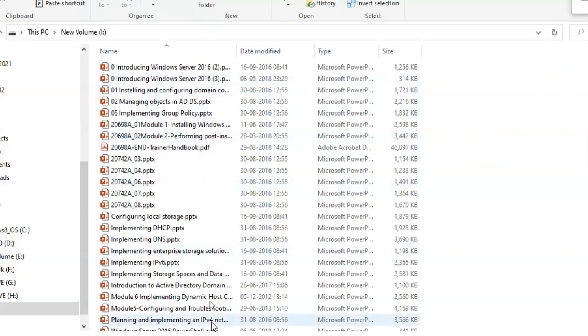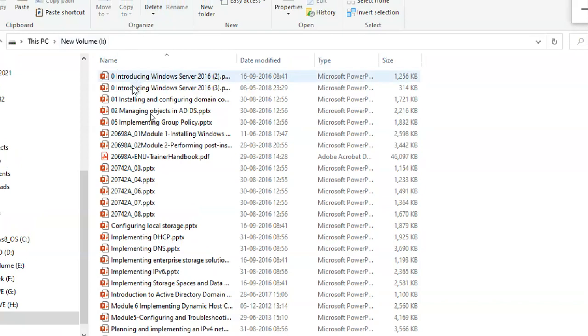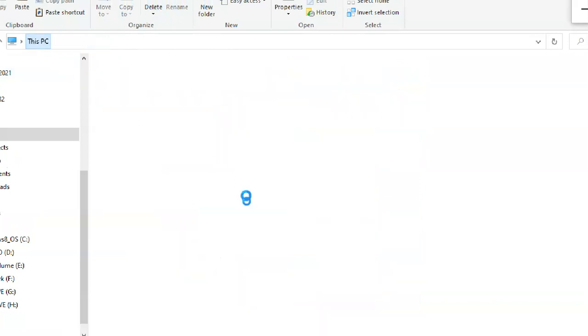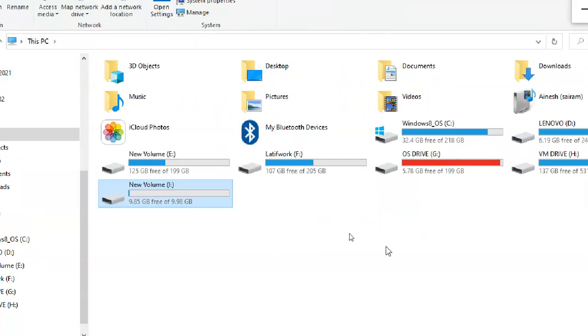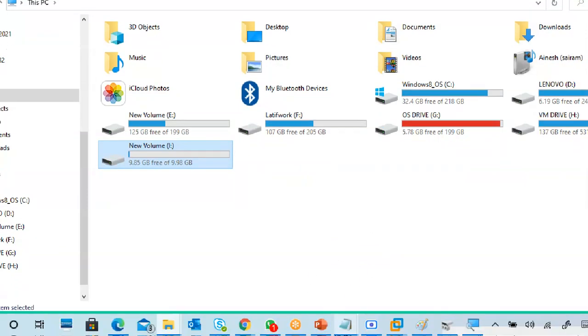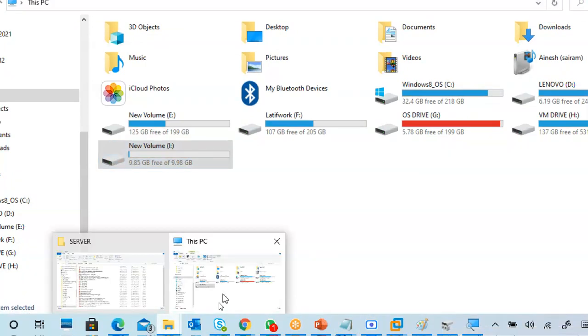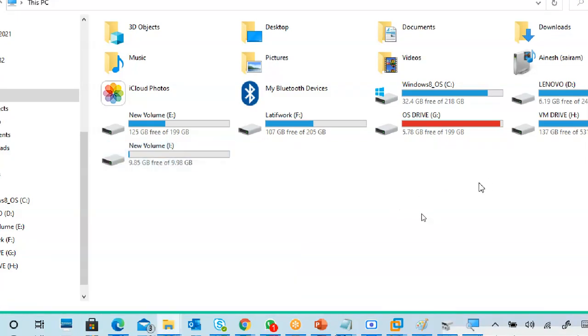Double click, and you have your data. Your data won't be gone. Data will be there in the virtual hard disk, but you can attach and detach it anytime you want. So you can keep any personal files you don't want to show on the screen like that. So you can create a virtual hard disk and put data in it.